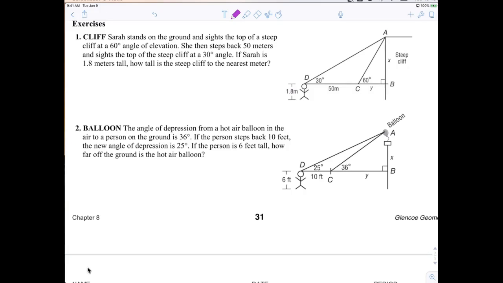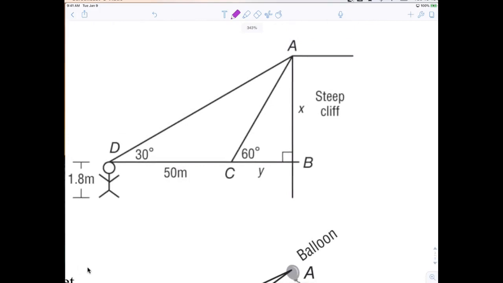All right, so essentially, I'm trying to figure out what x is, and then what do I do? And then add 1.8. Everybody okay with that? All right. So this right here is 1.8, and I'm simply trying to find this length right here. That's what I'm trying to find. Now, why is it difficult? The reason it's difficult is because